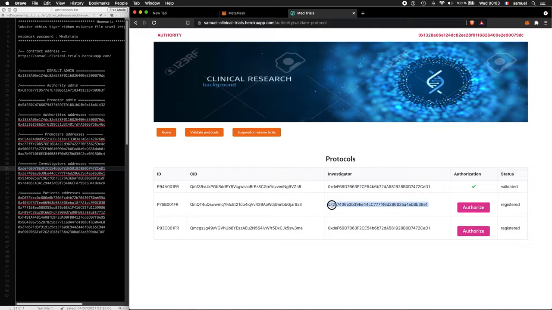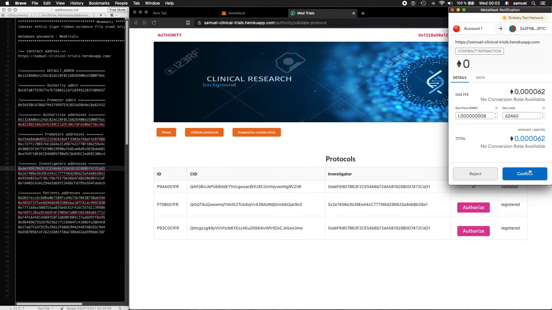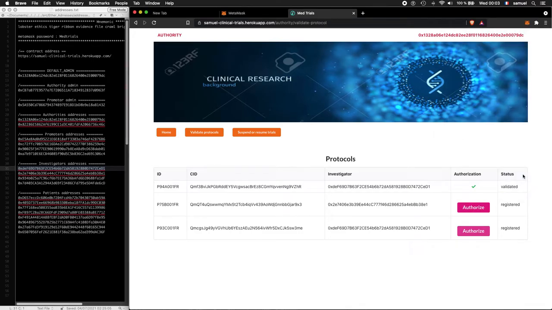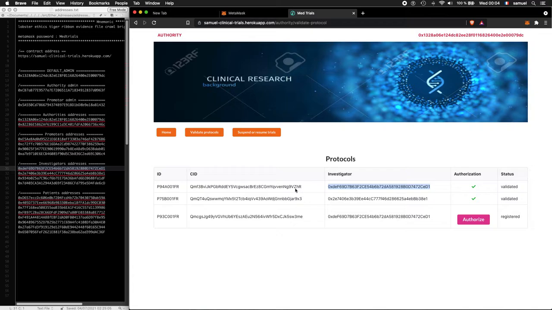So now for the second protocol, it is a new investigator, 0x2E, and I just want to validate or authorize this protocol. And I will leave the third protocol not validated because I want this investigator to have 2 protocols. The first validated and the second non-validated, just registered but not authorized.